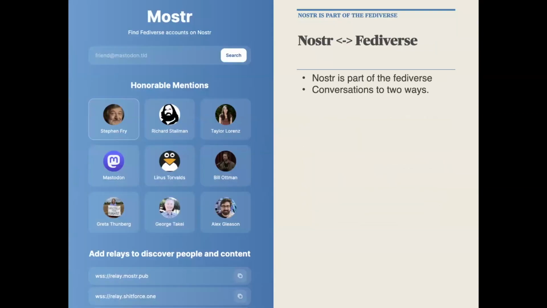So how did Nostr and the Fediverse connect? At the moment, the primary way in which they're connected is through this Fediverse server called Nostr.pub. It is a two-way gateway that I don't know if hundreds of thousands or tens of thousands of people are using, and it passes content back and forth. To the Fediverse, each Nostr user appears to be a user on the Nostr server, and in the other direction, they appear to be a Nostr user.